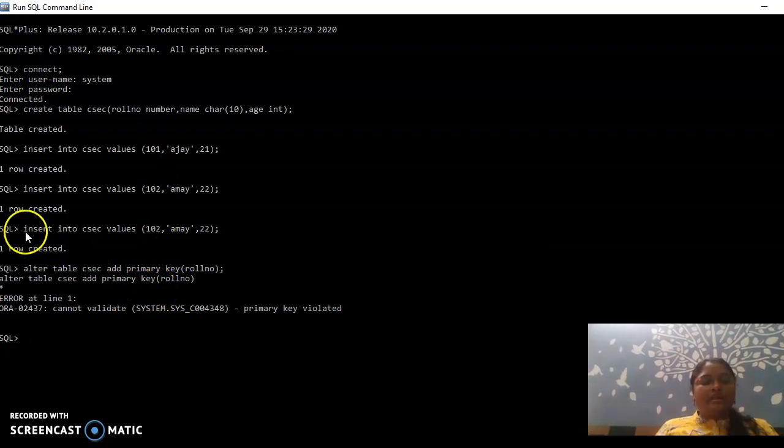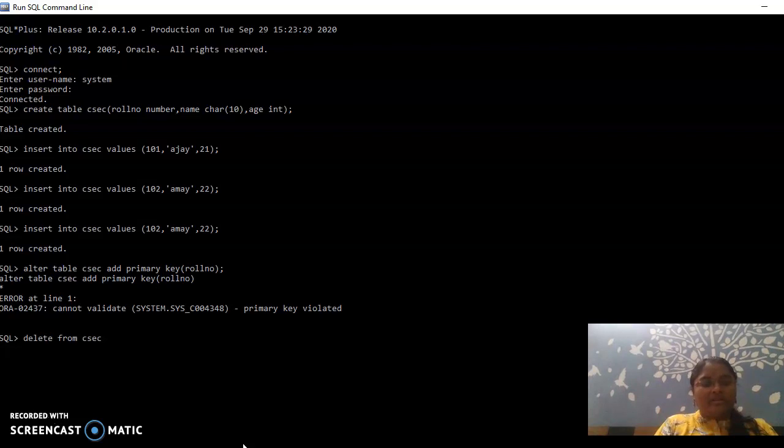Now what I should do is delete this 102, because there are two 102s. I need to delete this, and then use the alter command. In order to delete that, use delete from. You need to learn all the syntaxes. Delete from, what is the table name? CSCC. You need to specify what row you need to delete.